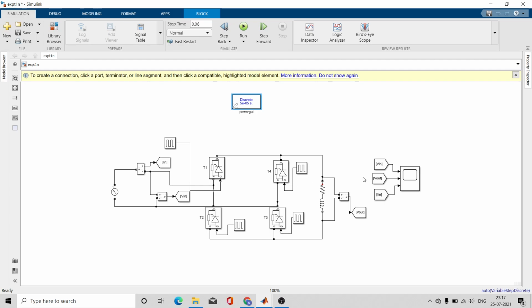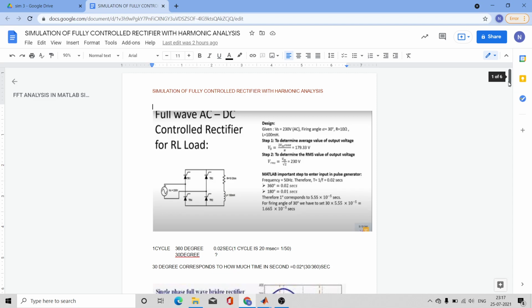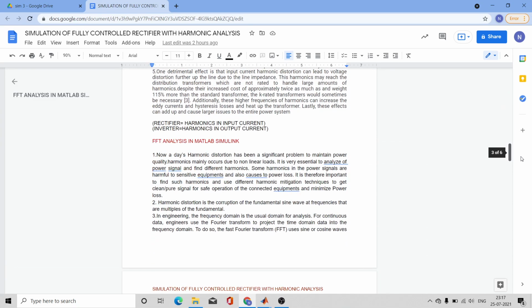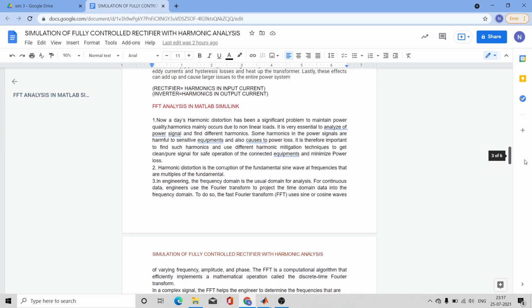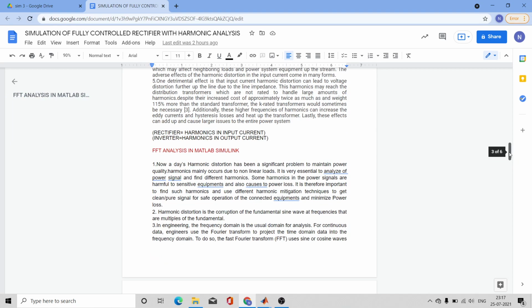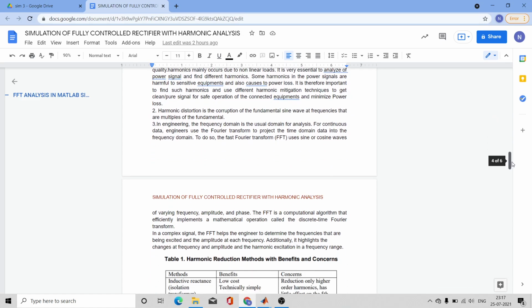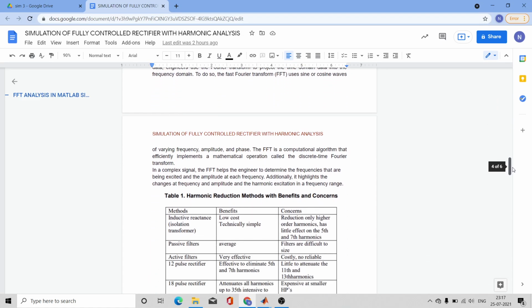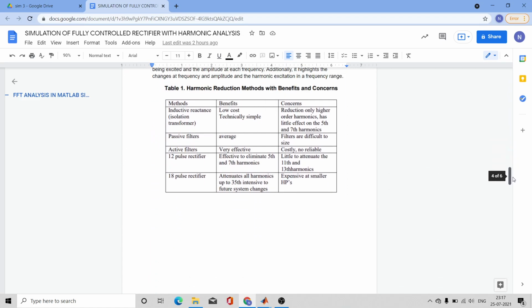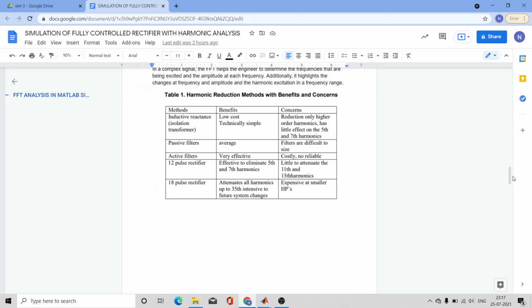Okay, so there are a lot of problems associated with the harmonics in your controlled rectifier, and there are many methods of reducing them.